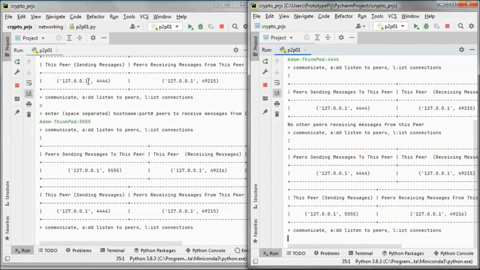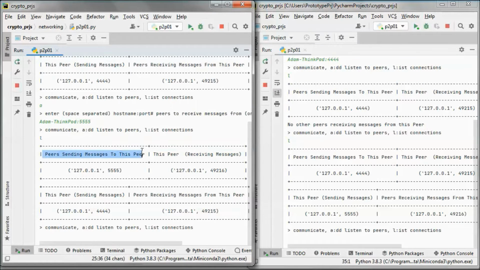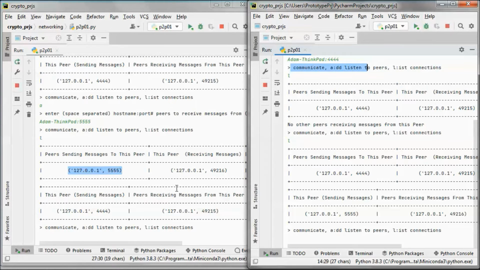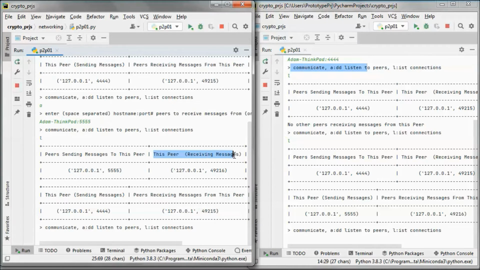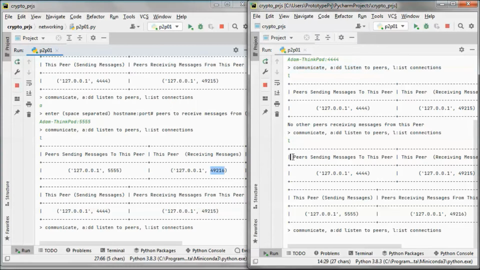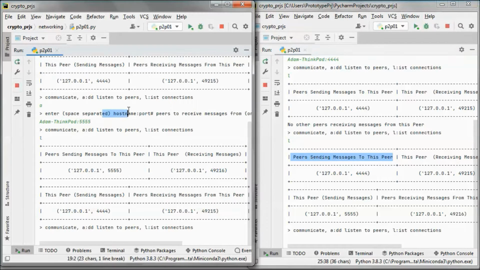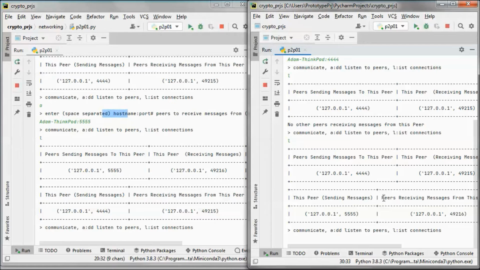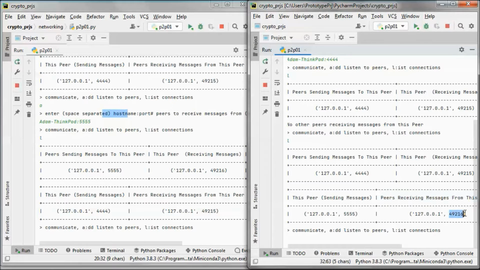So peer sending messages to this peer is this one, and this peer is receiving messages on this port, and this peer is sending messages to this one, and the peer receiving messages from this peer is on this port.